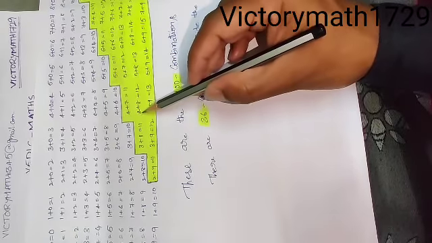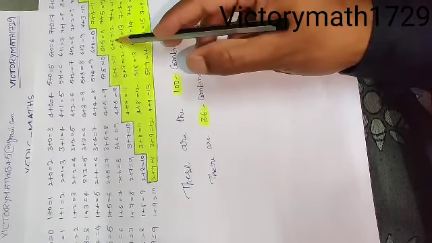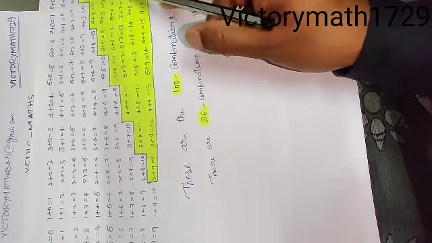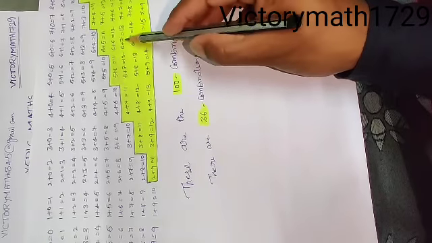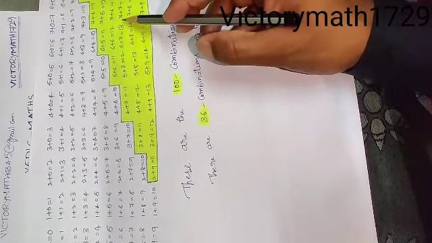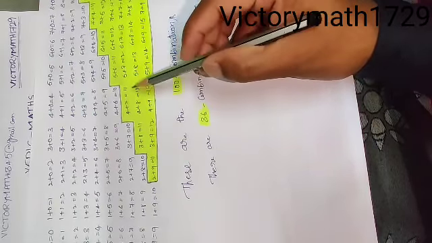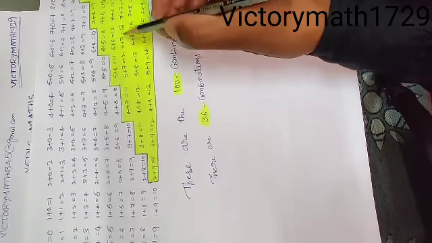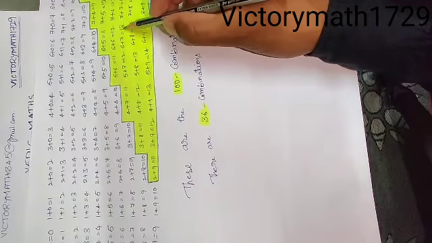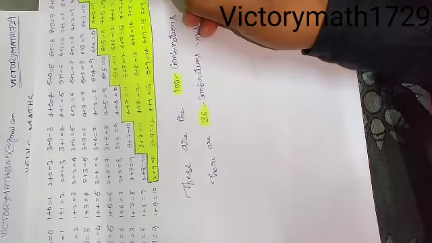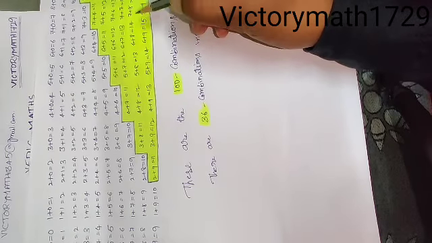So let us say 4 plus 8 is 12, 6 plus 6 is 12, 7 plus 8 is 15, 8 plus 5 is 13, 8 plus 6 is 14, 6 plus 7 is 13, 4 plus 8 is 12. Here we got two-digit numbers. Now actually we need to remember only the single digit, that is the units place of the result. 6 plus 7 is 13, don't say 13, just say 3. And 7 plus 6 is 3, 8 plus 7 is 5, 9 plus 7 is 6, 6 plus 9 is 5, like that.